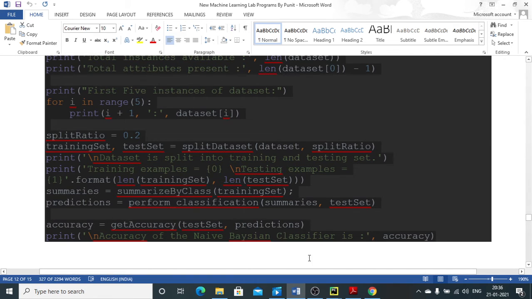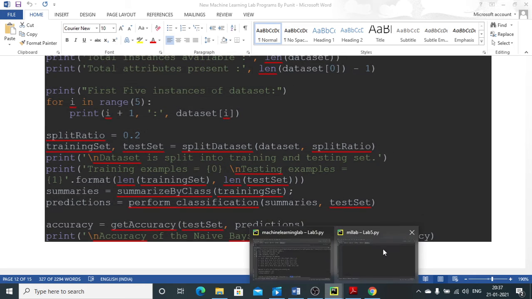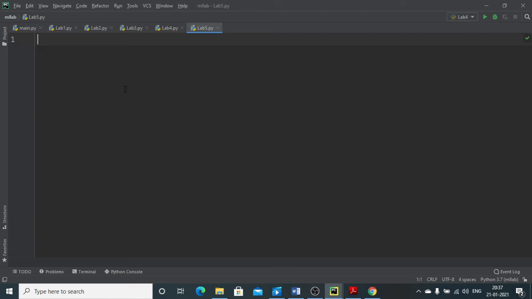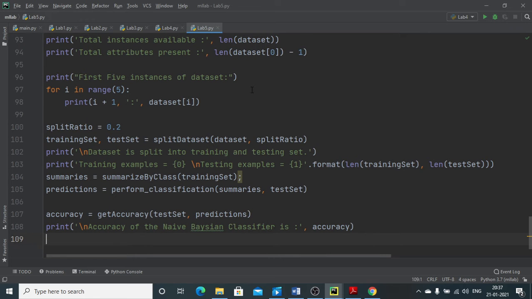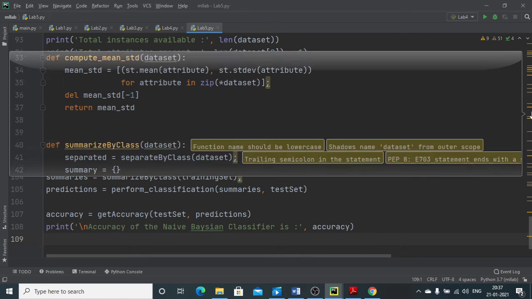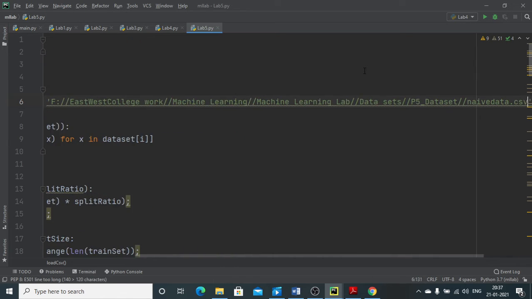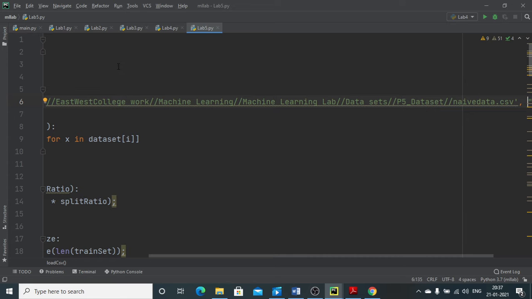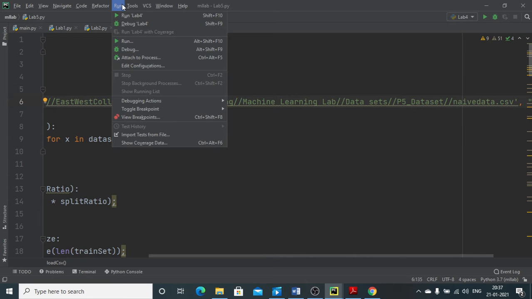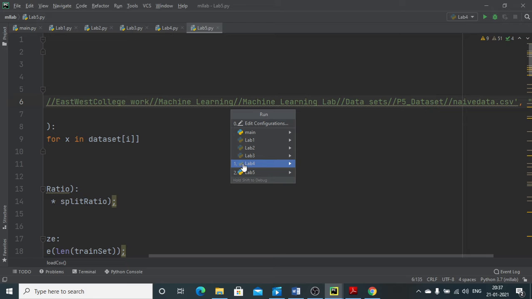I am just going to copy it and paste it here. Here I am going to read from the place where I have placed my data set, which is in the folder I already told you. So here is the new data available for me. Now I am going to run the file lab number 5.